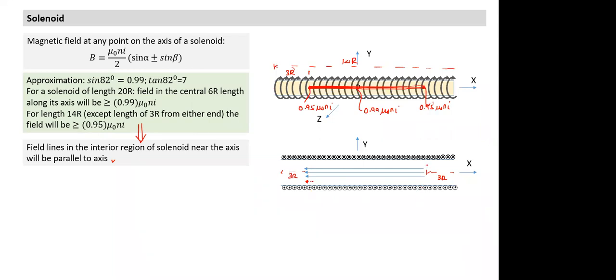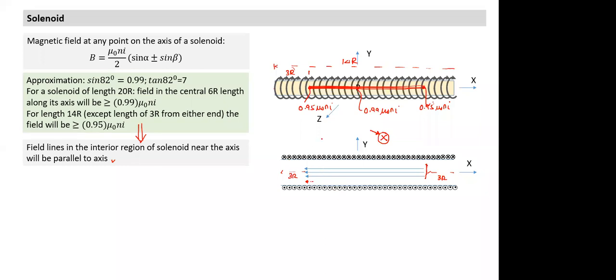I hope some of you are following this point. Is this necessary? I think you will not find this explained in any book, because most of the time you just ignore that fact: interior region, it is uniform. But some of you are having doubts, so that's why I've taken extra time to explain this. Is it necessary? No, not necessary. But if you understand, it gives you better clarity, and somewhere it might be useful. So, Nitya, is that properly understood? Yes, sir. Have you understood the logic why I can take field lines to be parallel to the axis?